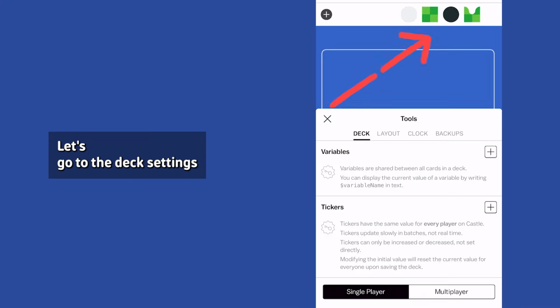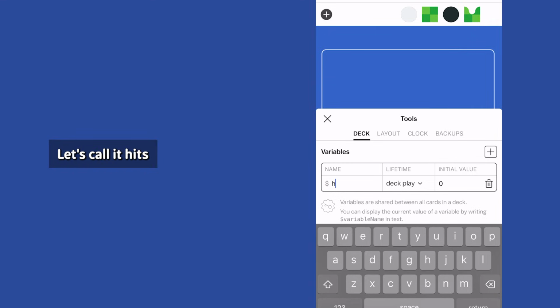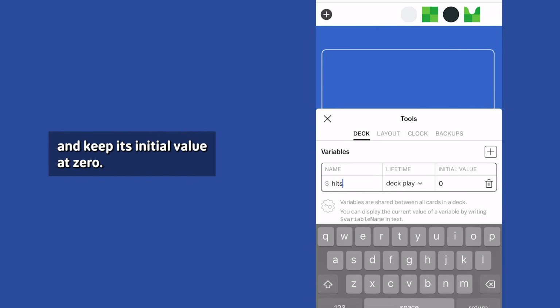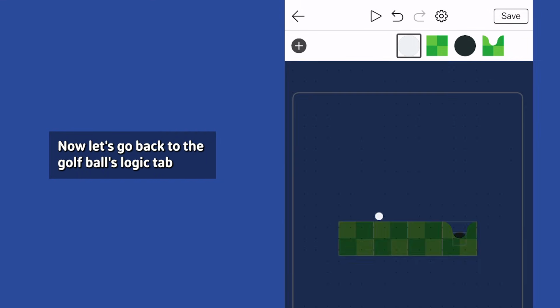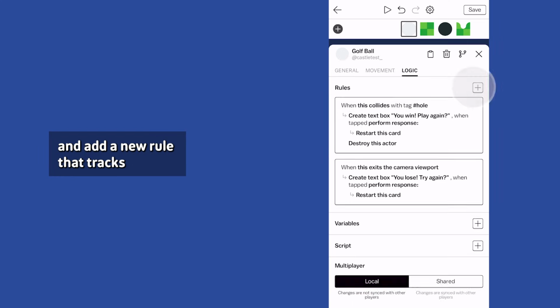Let's go to the deck settings at the top and create a new variable. Let's call it hits and keep its initial value at 0. Now let's go back to the golf ball's logic tab and add a new rule that tracks every time we